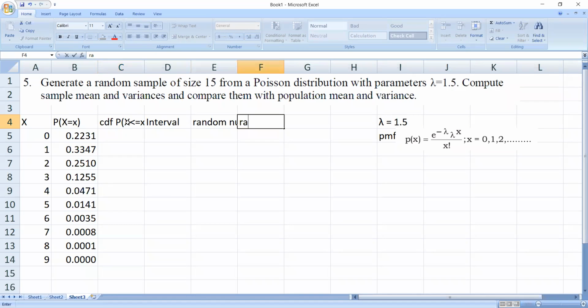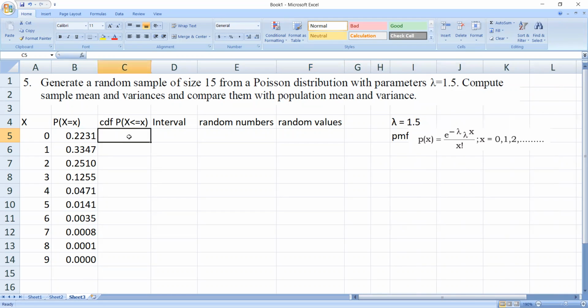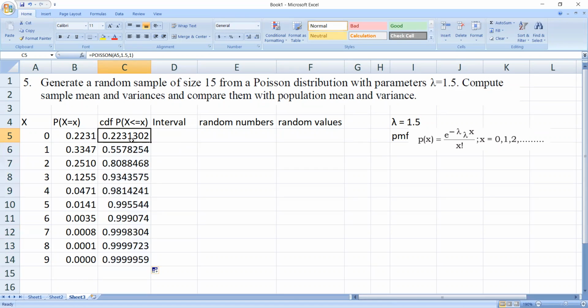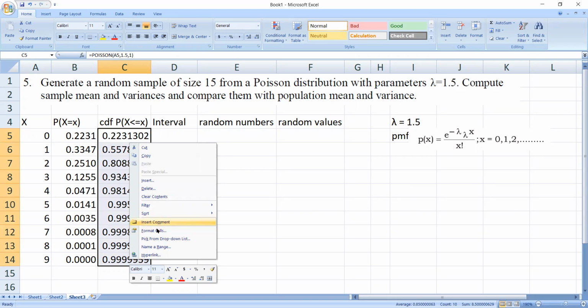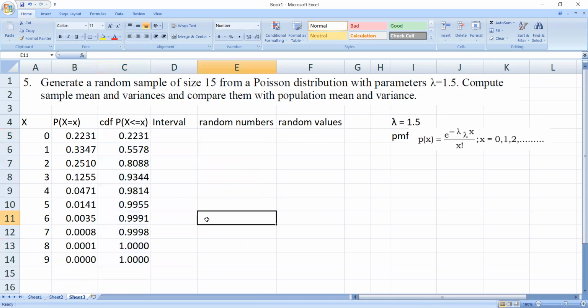And then we'll have the random sample. So first interval